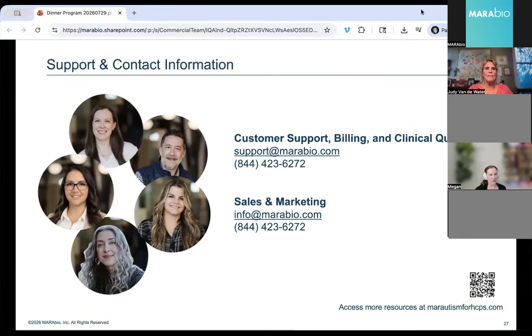Okay, so this is the last slide. We have a great team here of customer support who can talk about billing and clinical questions. Myself and the individual on the bottom there are on the clinical team and can talk with families about the test results from an educational standpoint, where we direct any clinical guidance questions back to the ordering provider. But around education about what the test does, what it can and cannot do as far as information, we're happy to answer those questions from families as well as the providers.